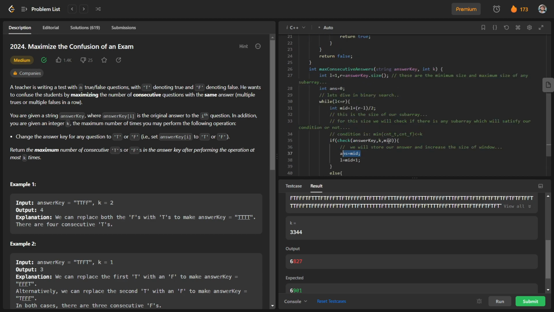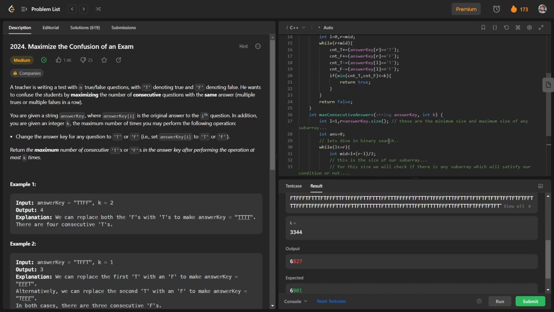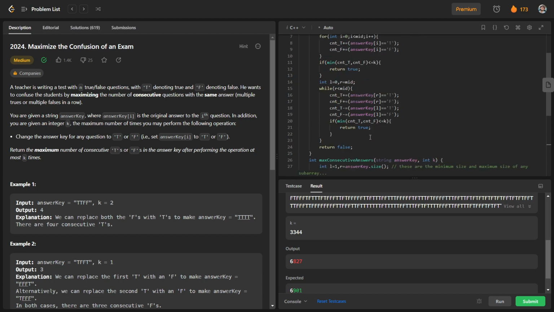So just give me a second, I will figure out what the error is here. Just a second, I am checking the error. So count f will be F, and this part is again true.